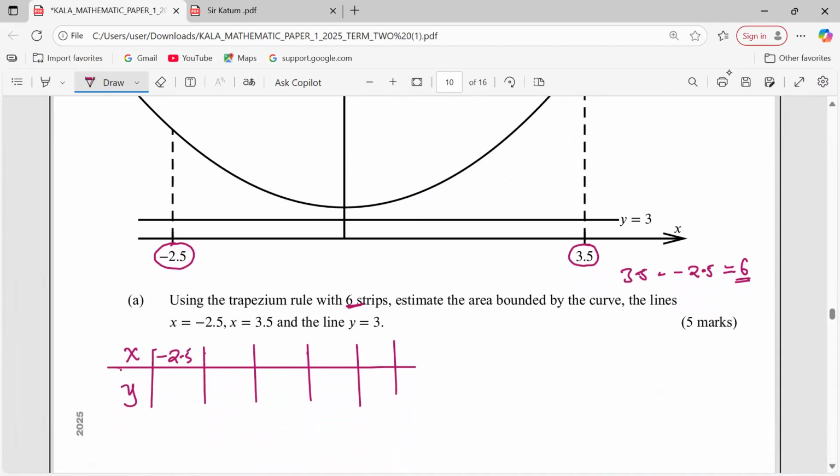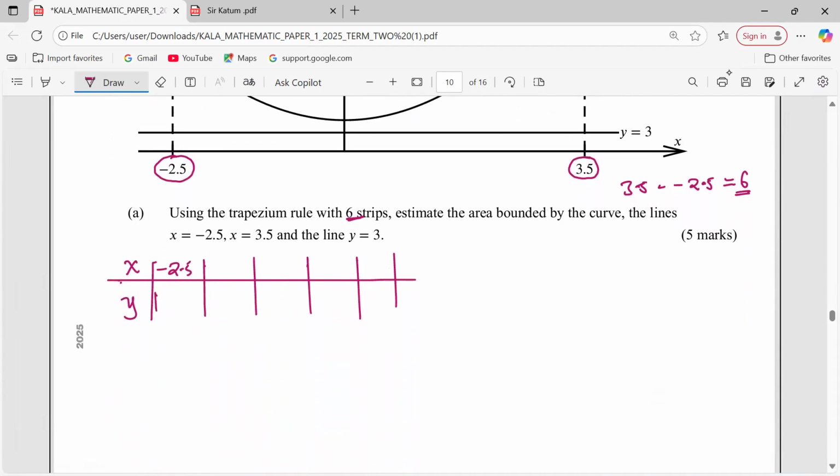This gives me 17.5. Then we go to the next. After an interval of 1, negative 2.5, we add 1, we go to negative 1.5. So 2 into negative 1.5, we square, then plus 5. This gives us